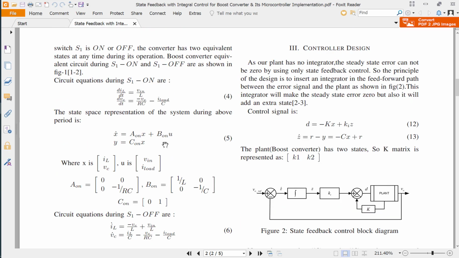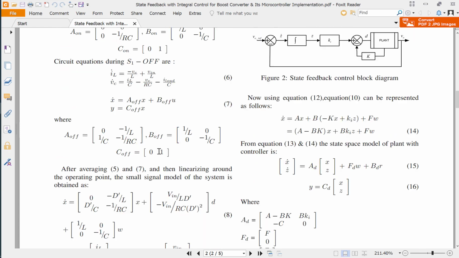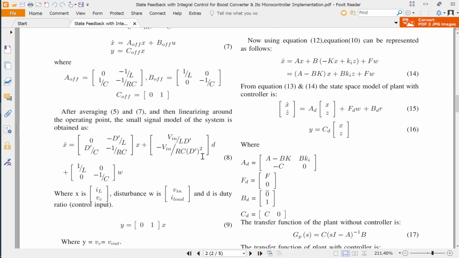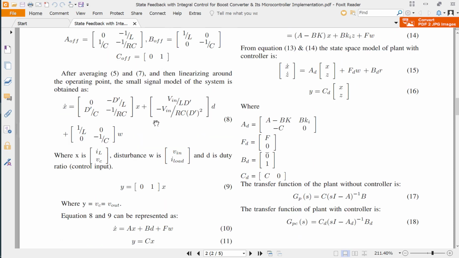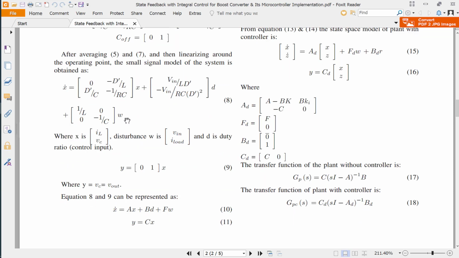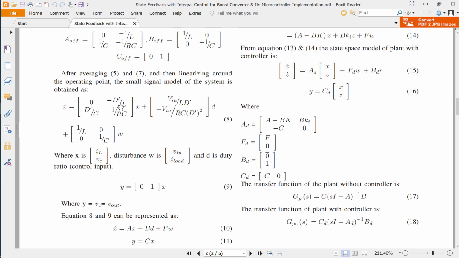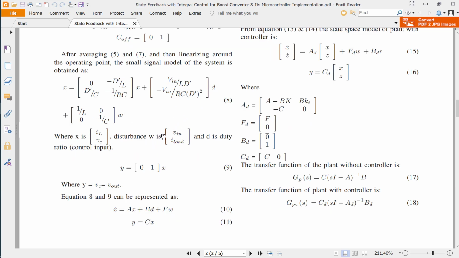So this is the system modeling. You can see the modeling of this system and the state space matrix here. The state variable x1 is the current, and x2 is the voltage. This is the A matrix, and then this is the disturbance.